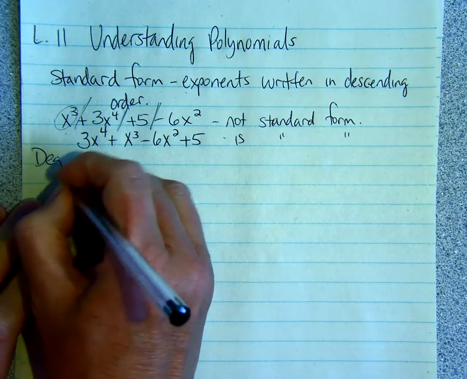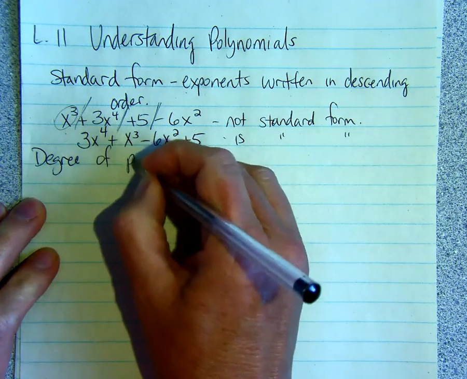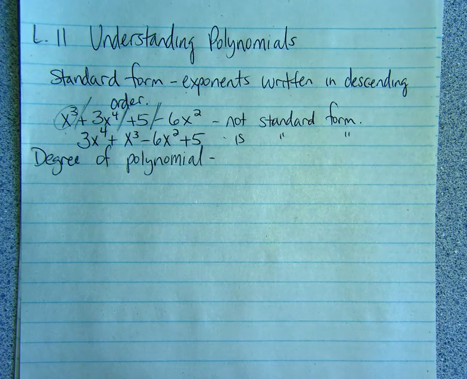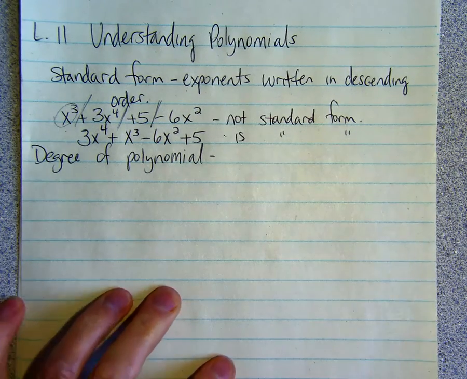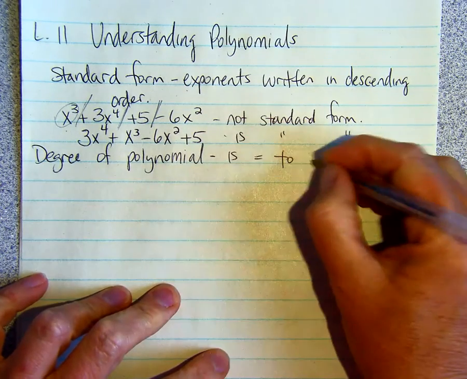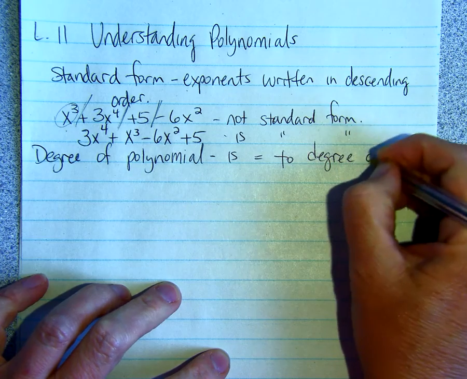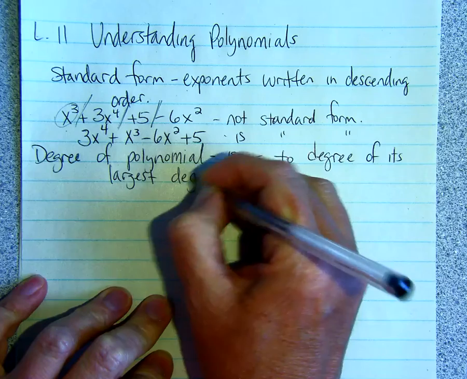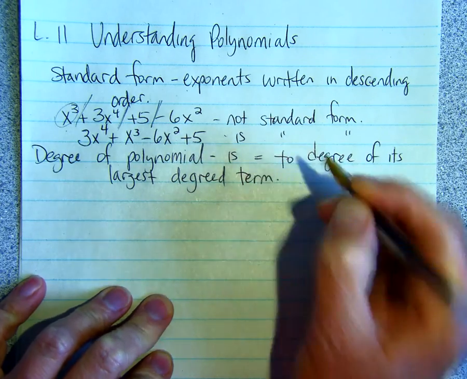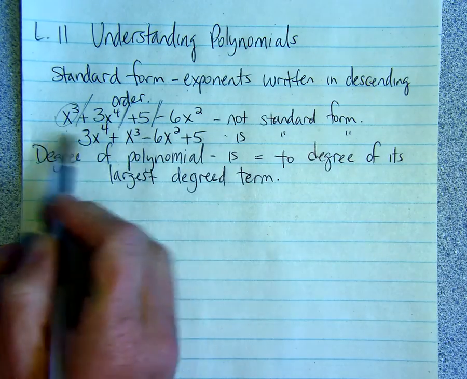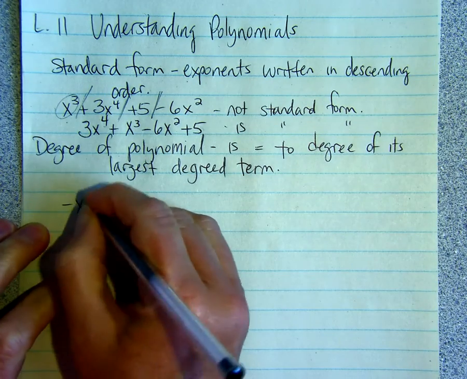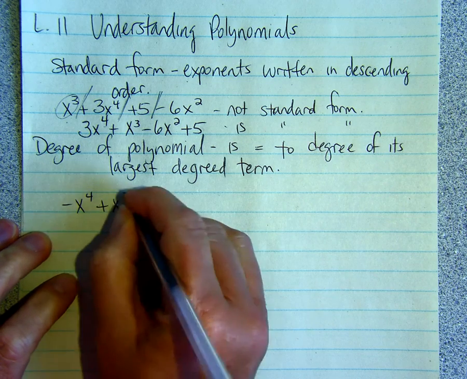So the degree of the polynomial is just equal to the degree of its largest degree term. So in this case, this polynomial would have degree 4. So if we were to look at an example,